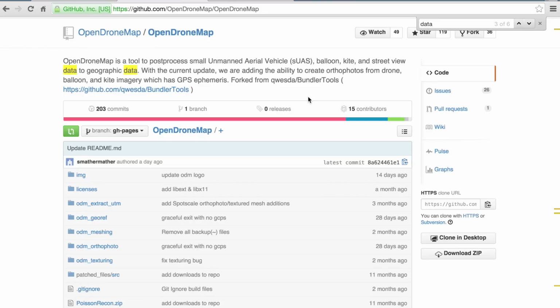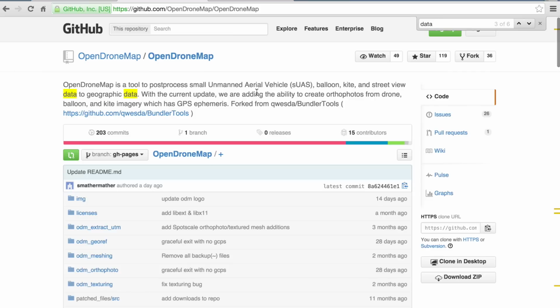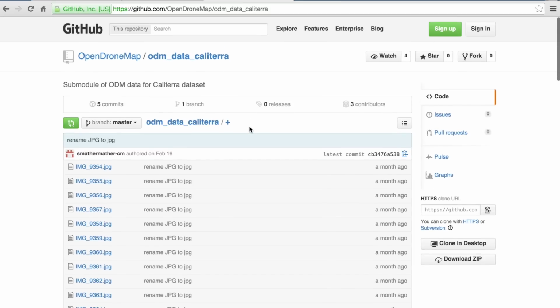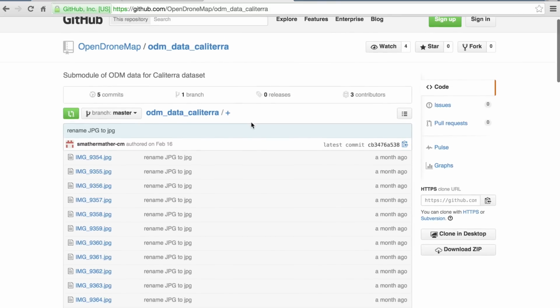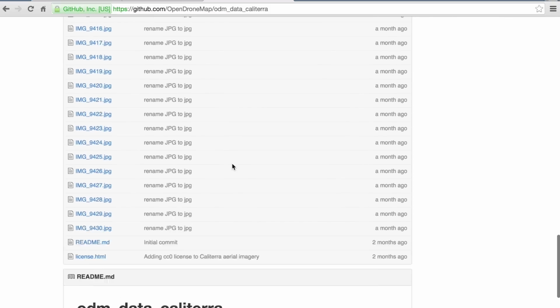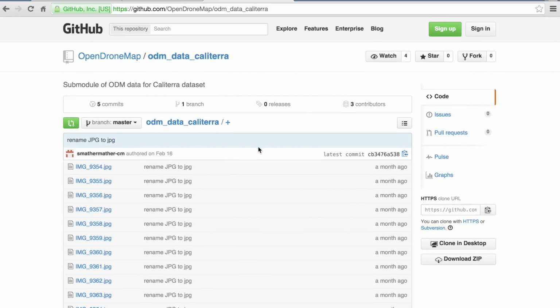So there's been a lot of interest in the OpenDroneMap project, and I wanted to share basically a how-to of running OpenDroneMap on Amazon AWS and use that to process a sample data set. Now this is a data set that I contributed a while back called Caliterra. So we're going to process these images, run them through OpenDroneMap, and ultimately have a nice orthomosaic at the end